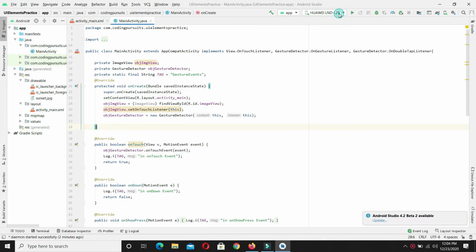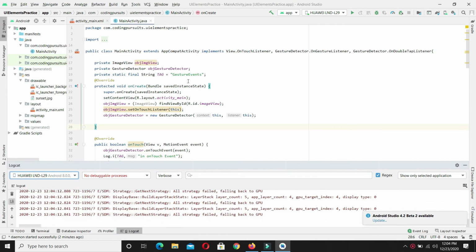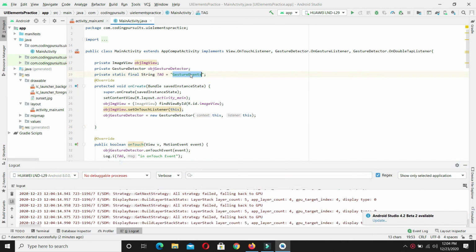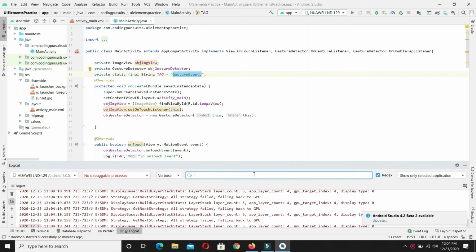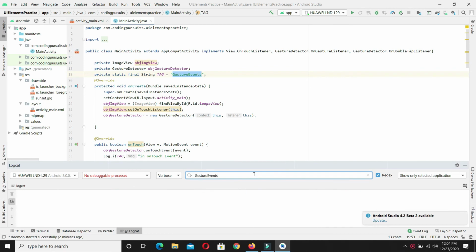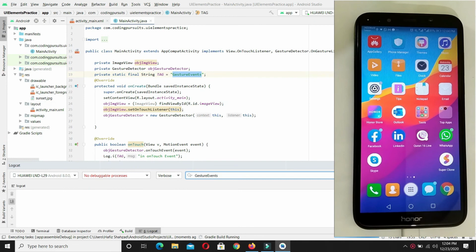So from here, select our device, open the logcat and search for our tag from the logs so that we can only focus on the logs related to our tag. So now let's compile this build. Let's wait a while until our application is flashed and running on our mobile phone.